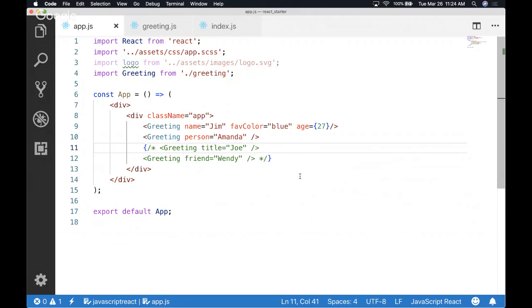All right, and then as a side little bonus, since we were passing favorite color into our greeting component,